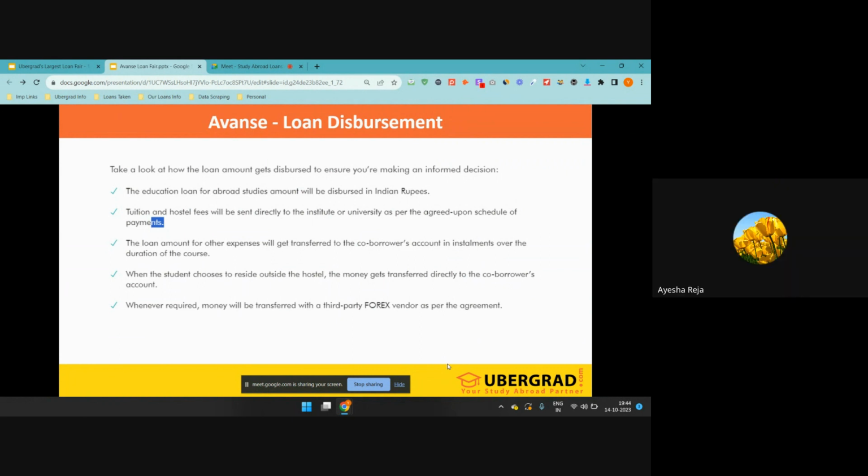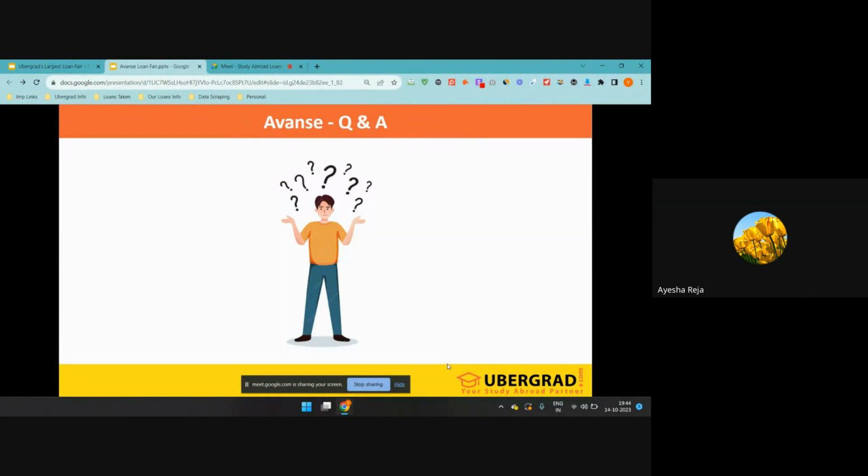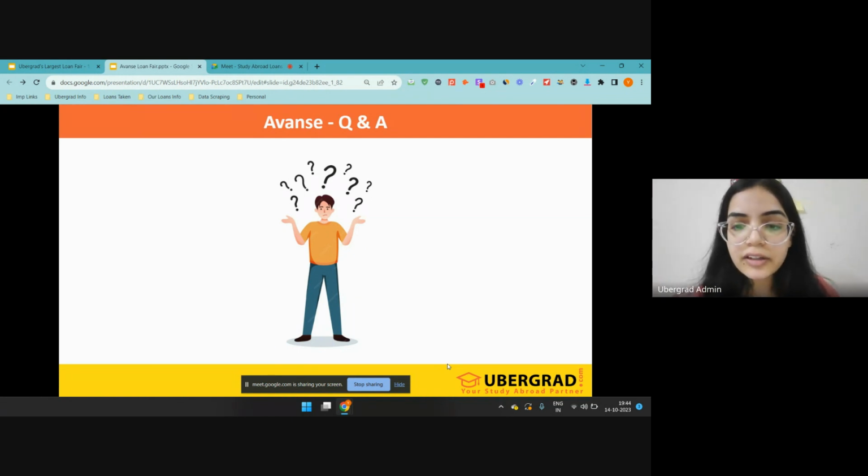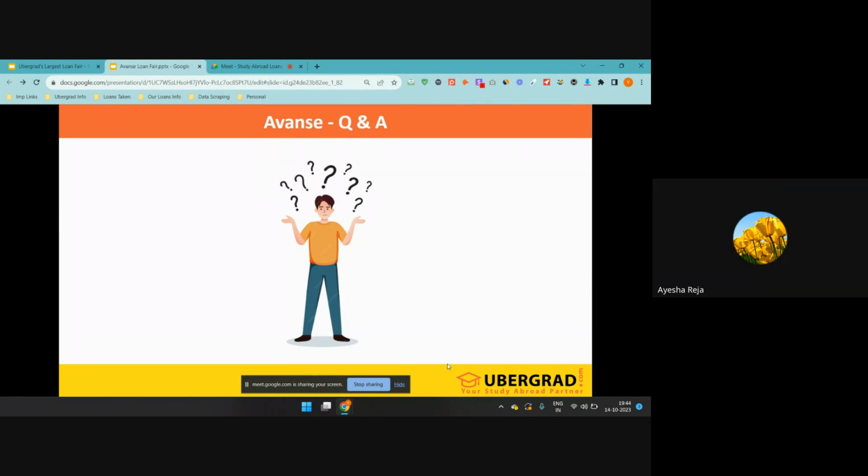Can I proceed for Canada education before? For Canada, we need an admit letter, Sridhar. Only for USA it is without an admit letter, and for UK it is based on an unconditional offer letter. Also, ma'am, could you please answer again Shaurya's question regarding the rate of interest for non-secured loans? The rate of interest for the unsecured loans is between 12% to 12.75%.